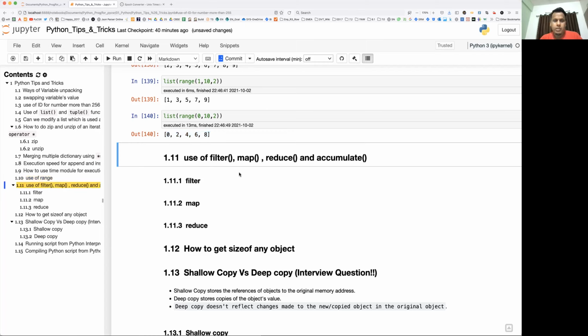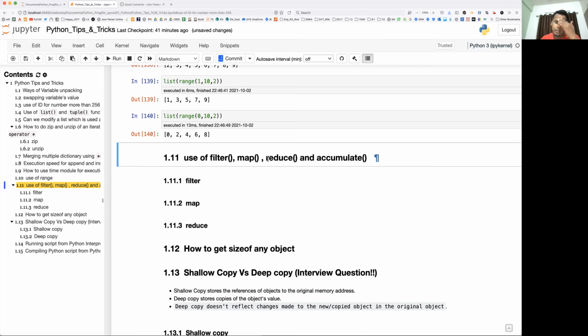Now let's say you have tens of thousands of elements and you would like to apply some function to that particular iterable object. There you can use the map function. Just put a function name and whatever iterable you have. The function will be applied over all the elements of that iterable object. So that's where we use map.